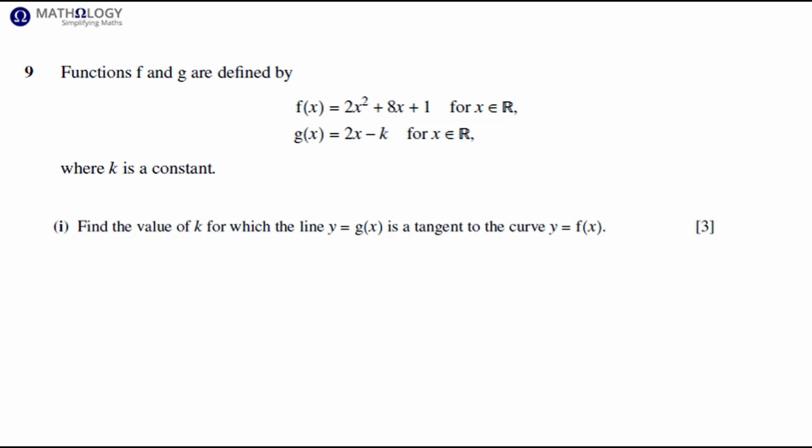Question 9. Functions f and g are defined: f of x equals 2x squared plus 8x plus 1, g of x equals 2x minus k, and for x is an element of real numbers, where k is a constant. Find the value of k, for which the line y equals g of x is a tangent to the curve y equals f of x. Now, for g of x to be a tangent to f of x, there can only be one point of intersection